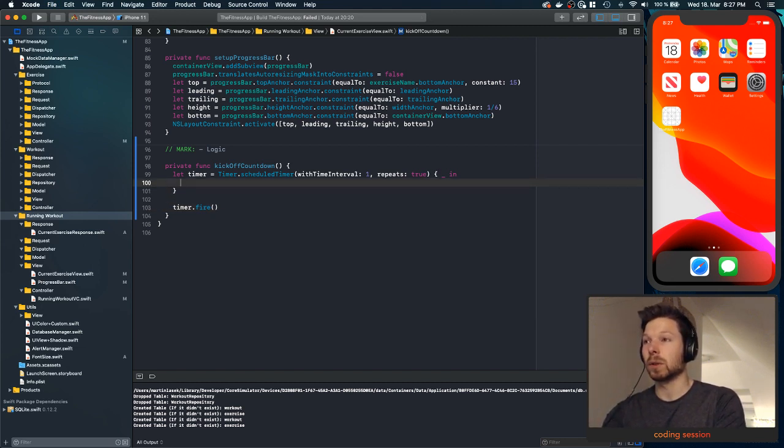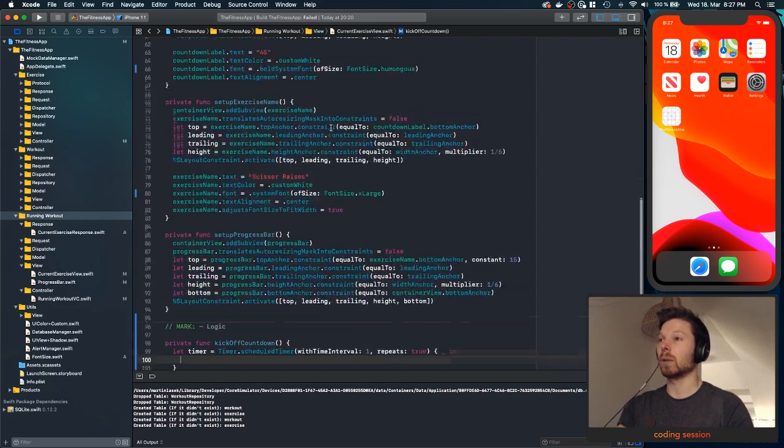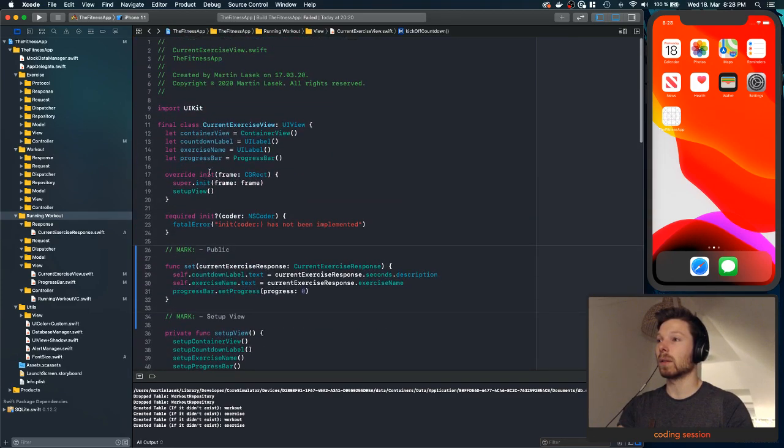It will do update, for example. We should count the current state. Oh yeah, right. We have the current response in there, and we need a reference to where we are going. So we have the seconds, that makes sense. And once we reach 0,